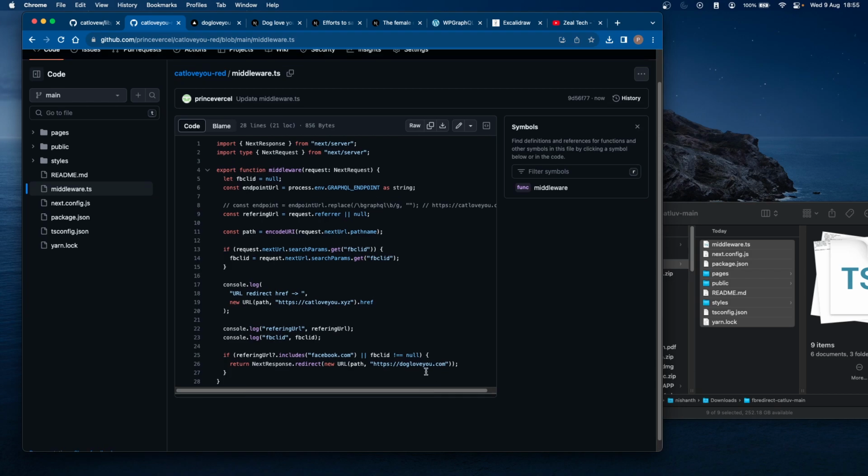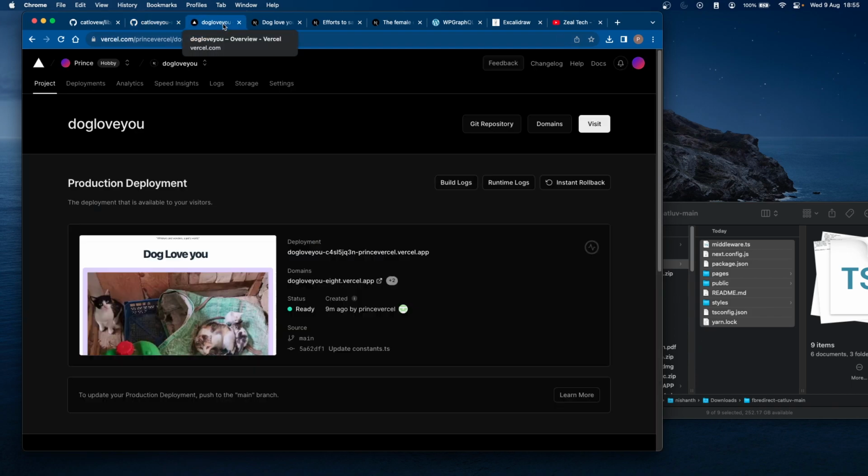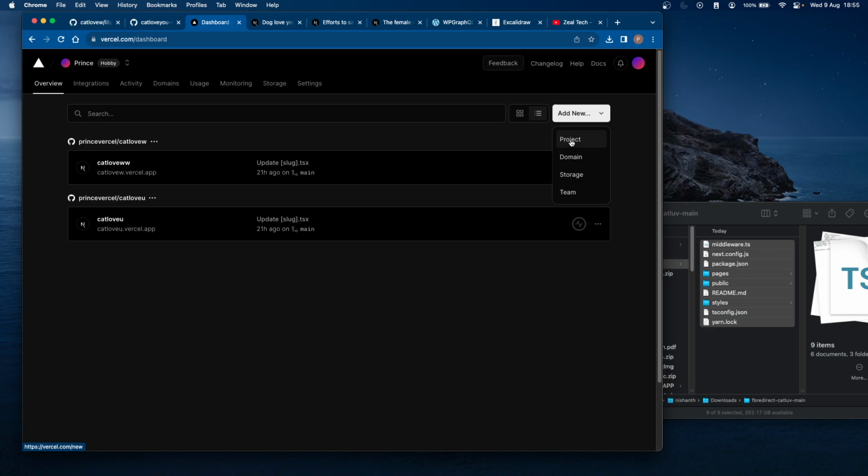Right? Okay, so now we got dogloveyou.com. Okay, so that's it. Now what I will do is go to Vercel. I need to deploy this application as well. Go to Vercel and click on add new project,